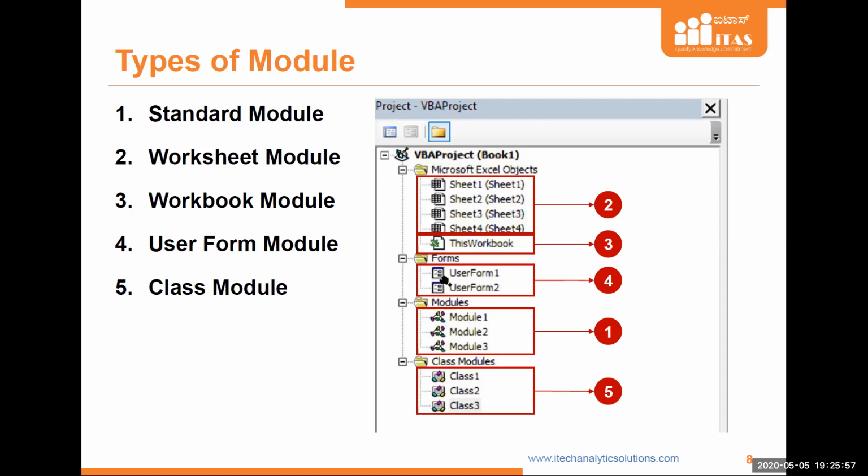And you can see here the user form modules look like this, and your class module has these icons. So this is how you differentiate them. And each module has its own function. Why we are going to use standard, why worksheet, workbook, we are going to learn that again.